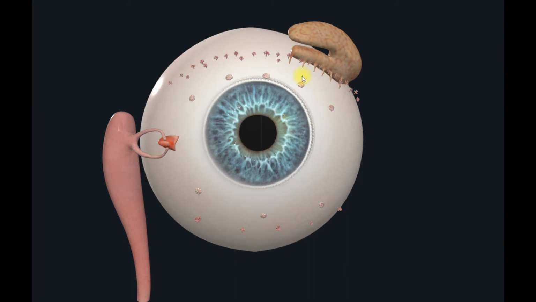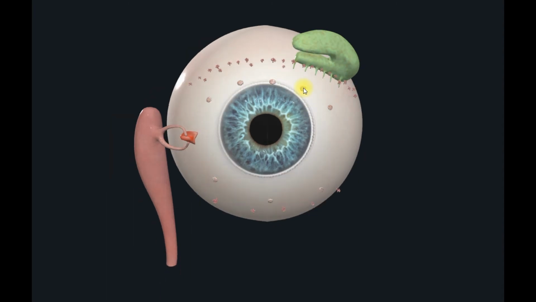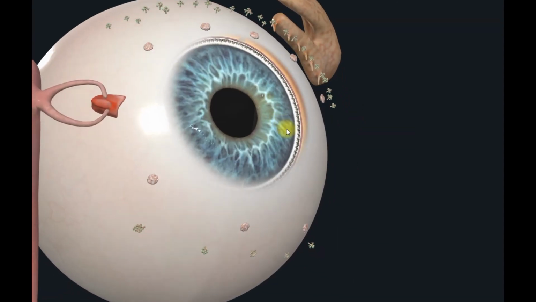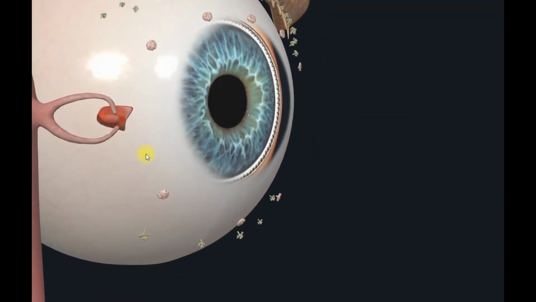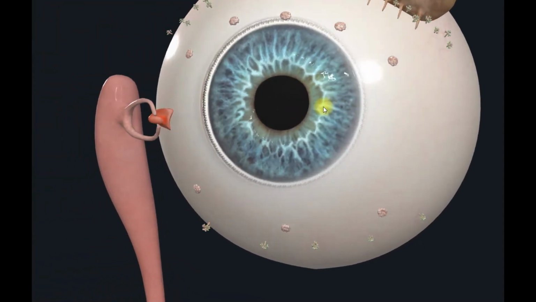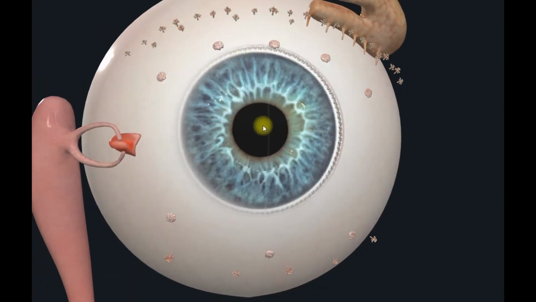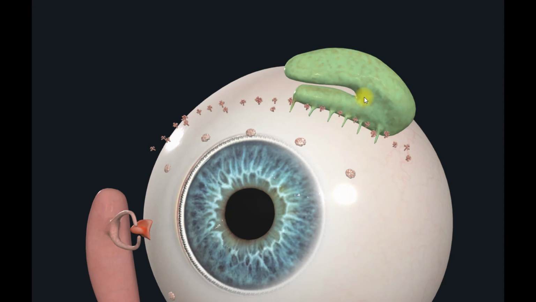The lacrimal apparatus of the eye consists of the glands which surround the eye, as follows. First, the lacrimal gland, which is located in the upper lateral corner of the orbit. There are also glands of the eyelids and the conjunctival glands. All of these glands provide secretion of the tears, a serous fluid which surrounds, protects and nourishes the eye. The lacrimal gland is located in the superior lateral angle of each orbit, secreting the tears.